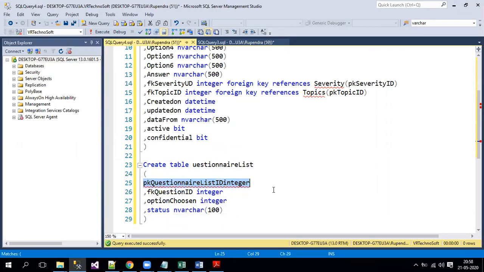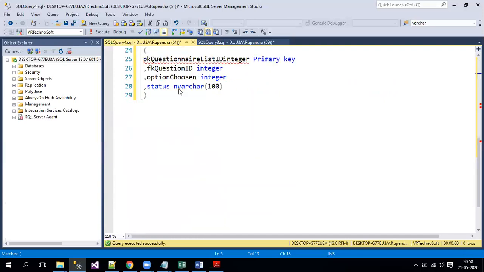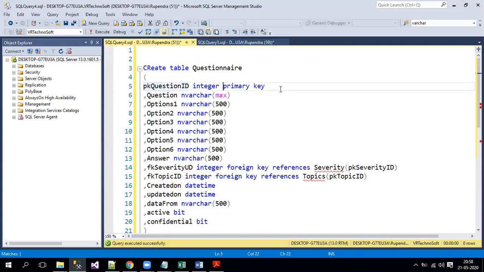Now, they are saying that on top of this column they require a primary key. So let me keep that primary key. And it is depending on the questionnaire table, right? That is, the FK question ID is depending on the PK question ID, correct? And PK has a primary key here, right?